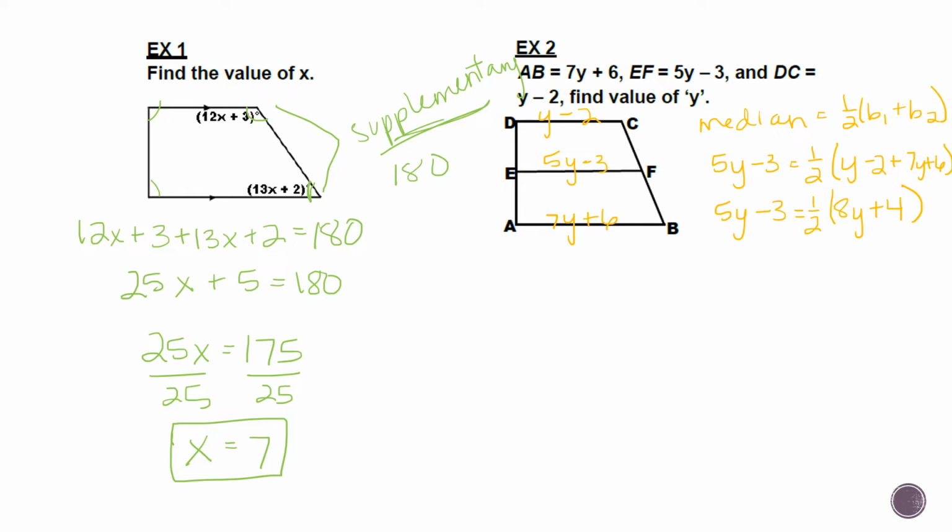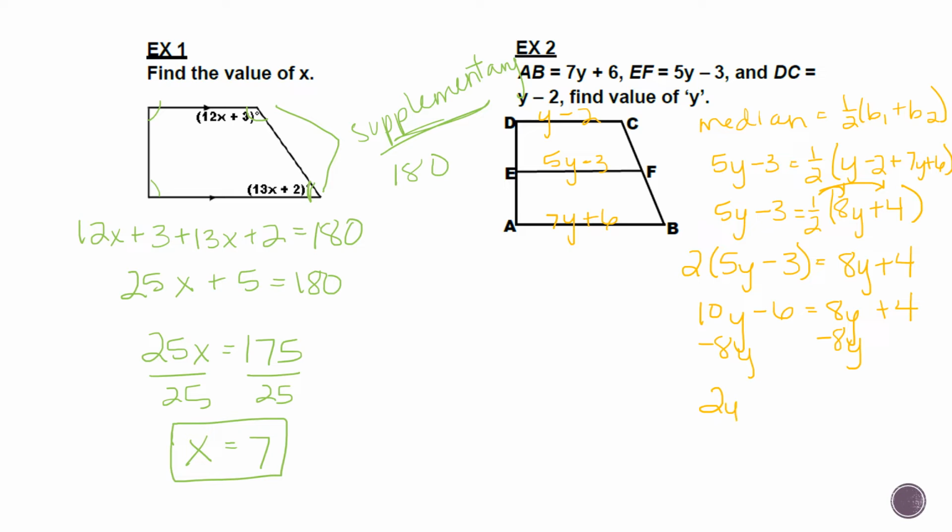So that's why our other example says 2(5y minus 3), our other formula, equals 8y plus 4. Again, you could have distributed it in here too if you wanted to, but I'm going to multiply both sides by 2. So then I'm going to get 10y minus 6 equals 8y plus 4. So when I then combine like terms, I'm going to take the y's to the left-hand side by subtracting 8y